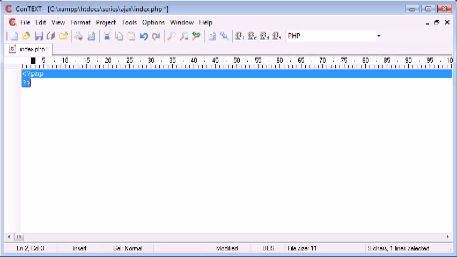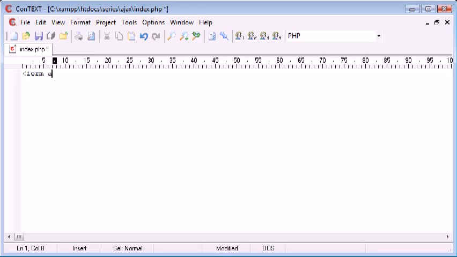Now usually you would use a form submit, so let's just break out of our PHP tags, we would say form action equals something, method equals something, come down here, and we would create a submit button. And what would happen is when we press this submit button, we're taken to the form action. Now what we can do is specify buttons just on their own, and what these do is they will send a